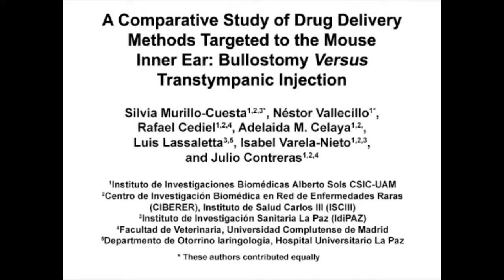The overall goal of this work is to describe and compare two microsurgery approaches for local drug delivery to the inner ear in terms of impact on hearing parameters and cochlear cytoarchitecture markers. These procedures can help us to answer key questions in the auditory field, especially in the development of animal preclinical studies. The main advantage of these techniques is that they are minimally invasive, and this allows the substance to reach